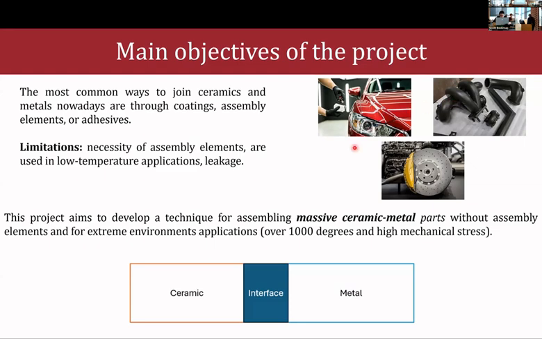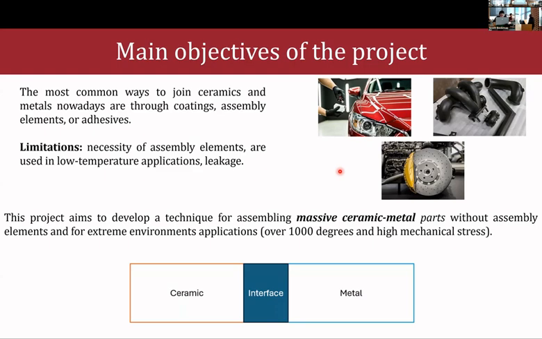And for massive parts, we use external assembly elements like screws and so on, or maybe adhesive. The main limitation with these techniques is that they are usually employed for low temperature applications. We might also face some leakage problems when using glue, for example,